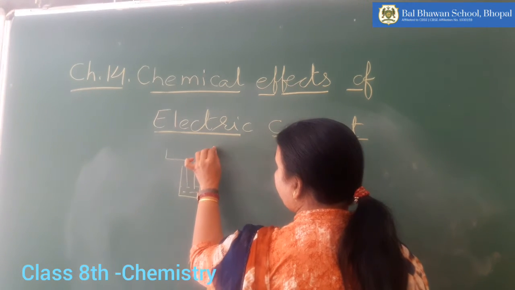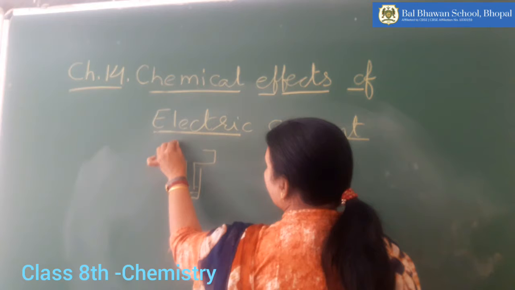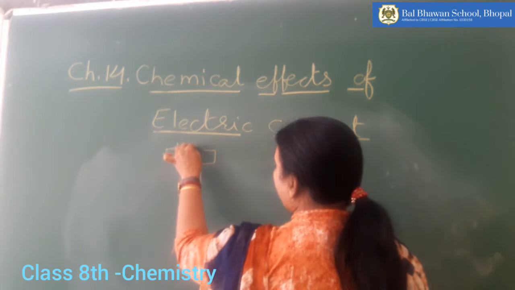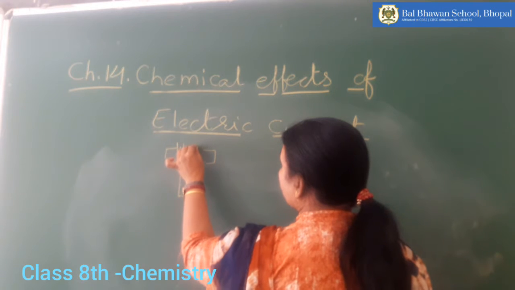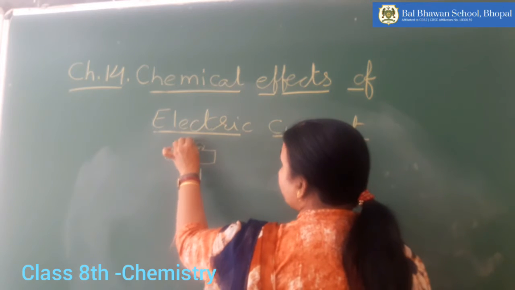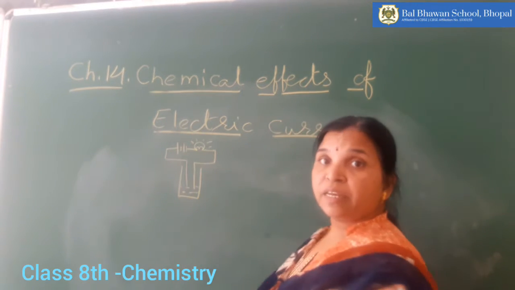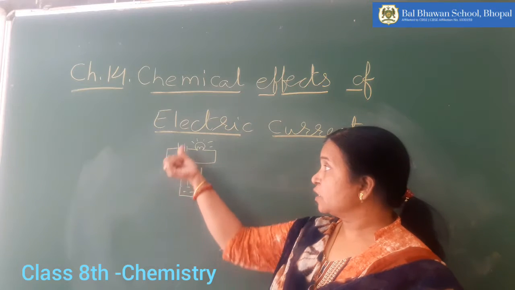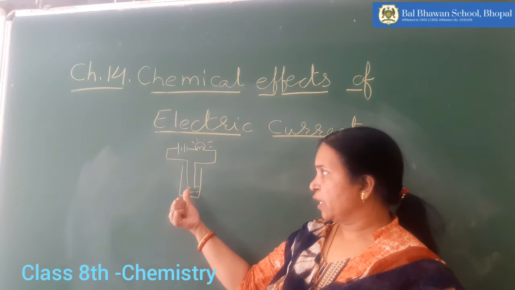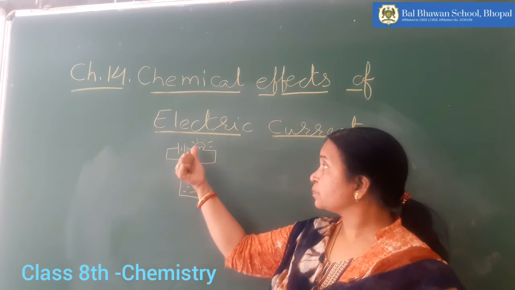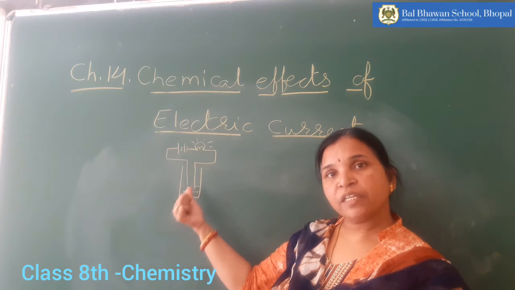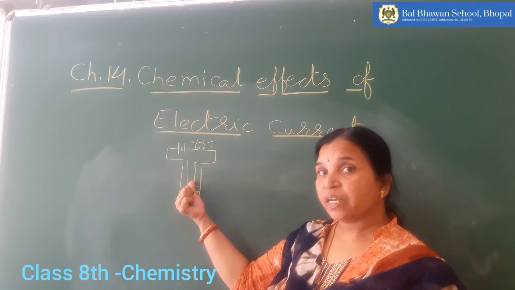bare ends of the wire which are connected to the battery, and at the same time it is connected to the bulb. If this bulb is glowing, this indicates that current is passing. This liquid is allowing the current to pass through it. Second thing, the bulb is glowing, which also indicates that this liquid is helping in conducting the